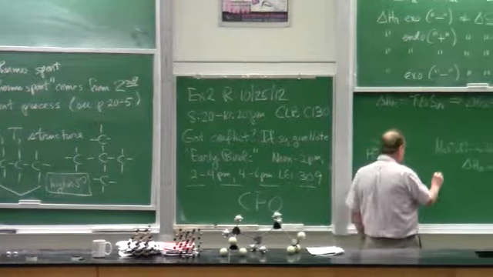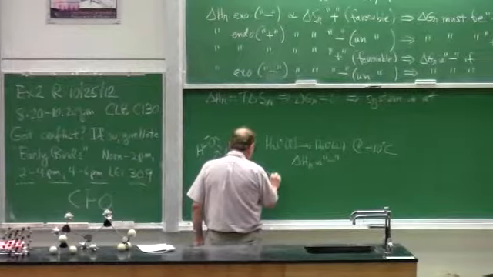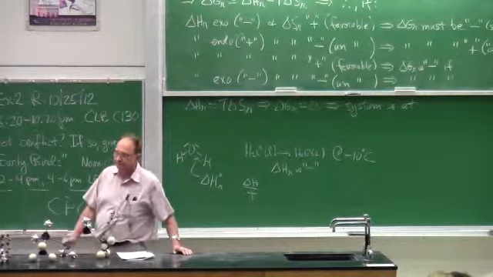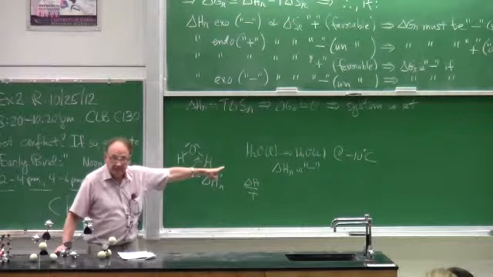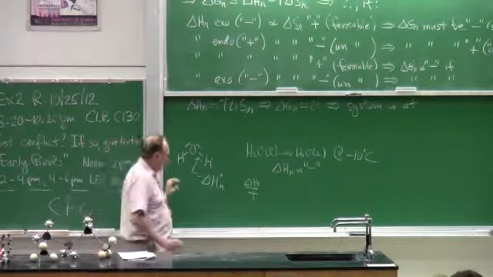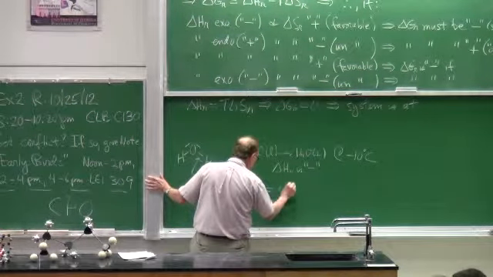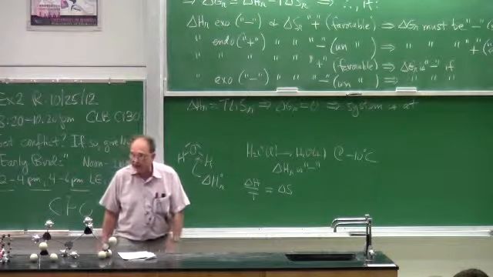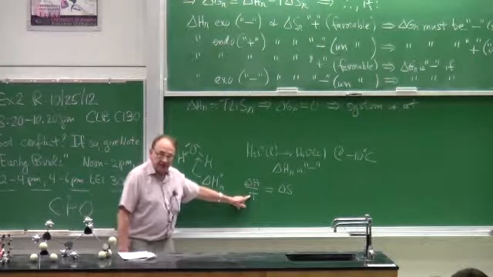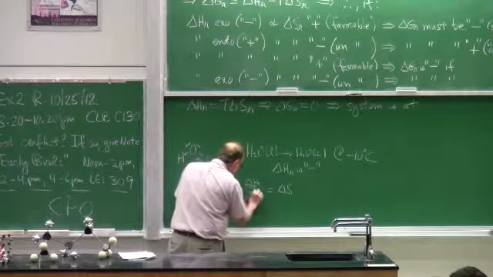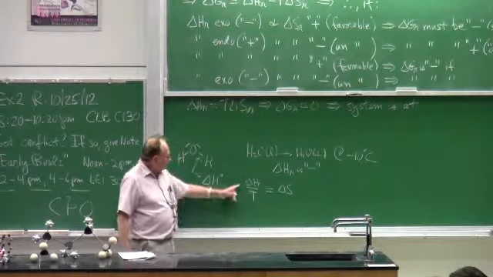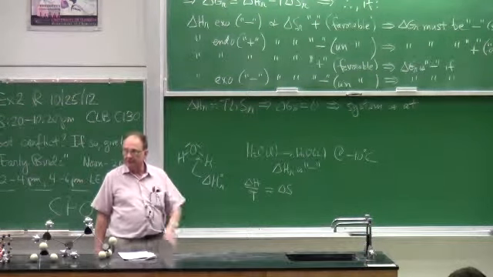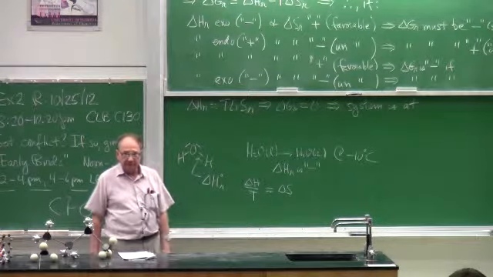Point: when we talk about a phase change, because this is a phase change, the change in entropy is the change in enthalpy for that phase change divided by the temperature at which the phase change occurs. Now the change in enthalpy for this is a number. A number with a minus sign in front of it. Okay?